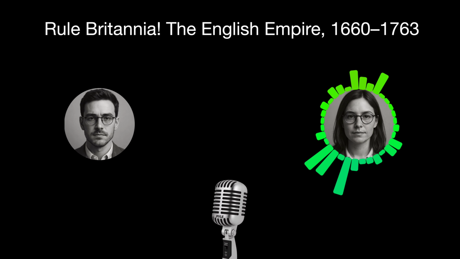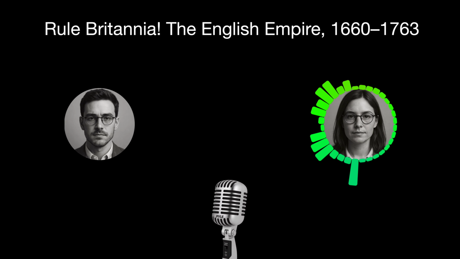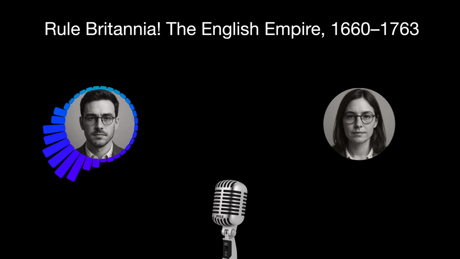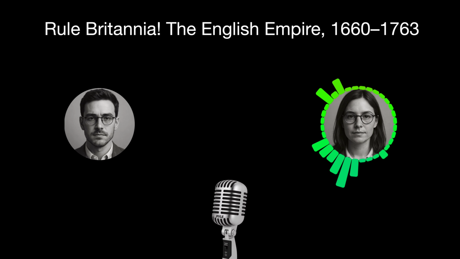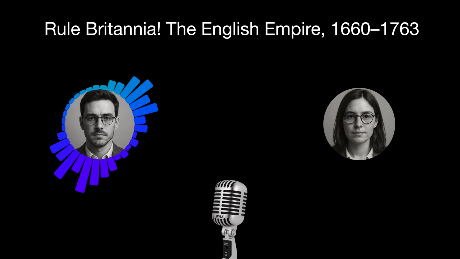This gentry class and others too were increasingly connected to Britain through stuff, goods. Yes, the consumer revolution. In the 18th century, there was a huge increase in the availability of British manufactured goods in the colonies. Things like furniture, ceramics, textiles. And buying these goods created a tangible link to Britain. It fostered what some call a shared community of taste and ideas. Tea is a great example. It became massively popular, the drink of the empire, consumed by all classes, even if the rituals differed. Printed materials were part of this too. A huge part. Newspapers became common after the 1680s.